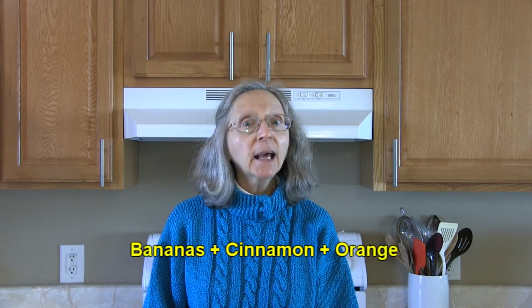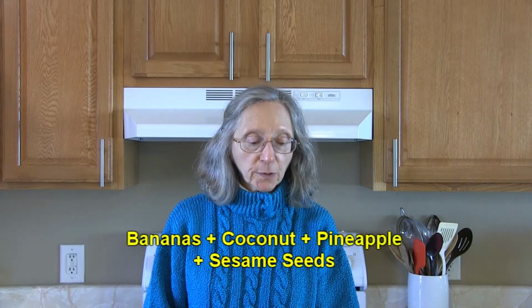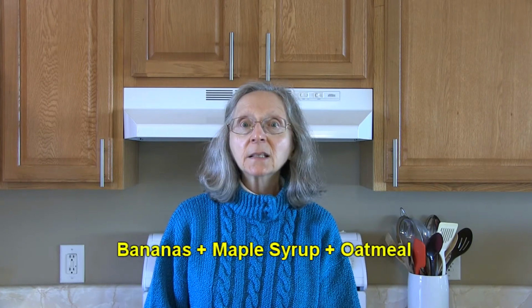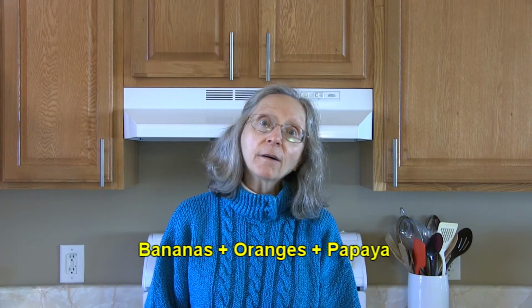bananas, cinnamon, and orange, bananas with citrus fruits in general and coconut, bananas with coconut, pineapple, and sesame seeds, bananas with dates and flax seeds, bananas with honey and peanut butter, bananas with maple syrup and oatmeal, bananas with oranges